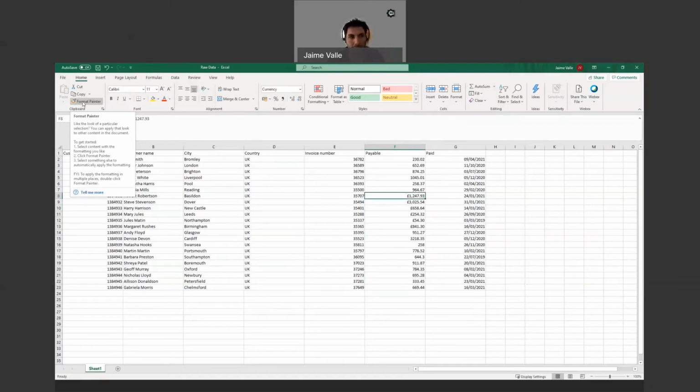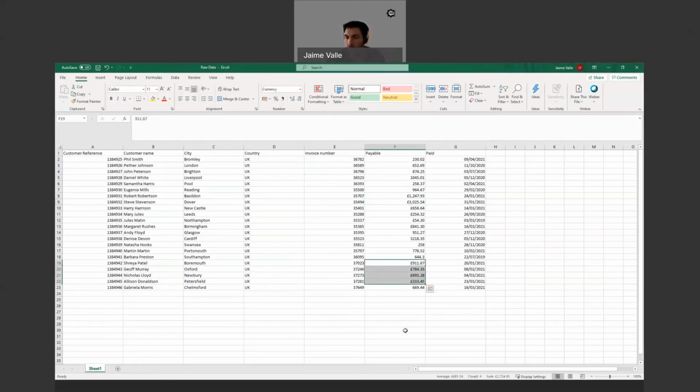If I click it, it's kind of a copy and paste of the format. Right now I copied the format of that cell and I can paste it wherever I like. I can click on another cell or on a range of cells, for example like that, not releasing my mouse until here. Release, magic. This format is now copied to the other selection.